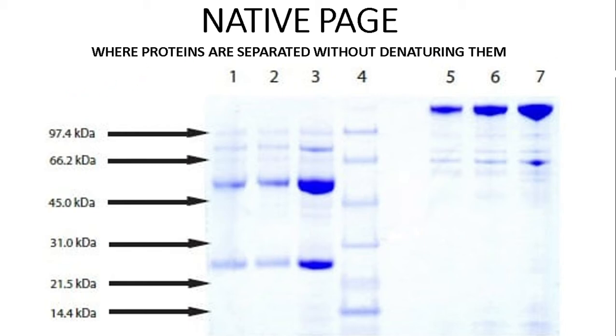This is actually a sample picture of such a gel. You can see that the different protein components are separated based on their molecular mass. You see 97.4 kilodalton is there, while progressively downward it is reduced, 14.4 kilodalton is here. So the smallest one moved faster. So probably they began from here and they moved in this direction.